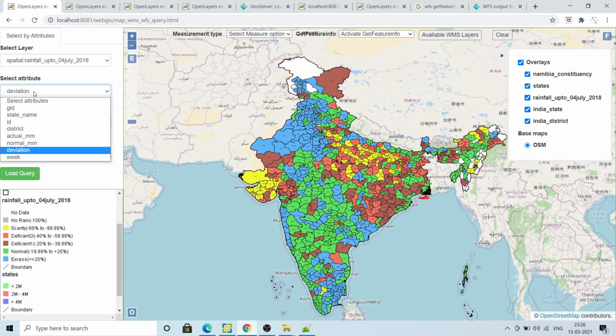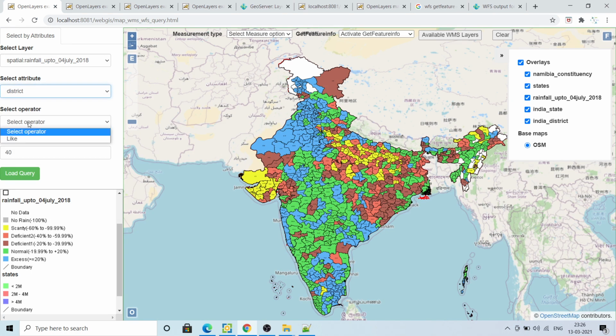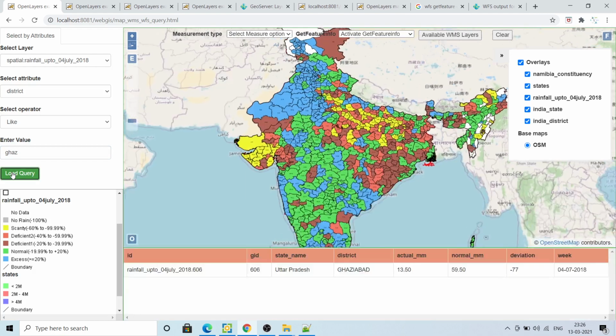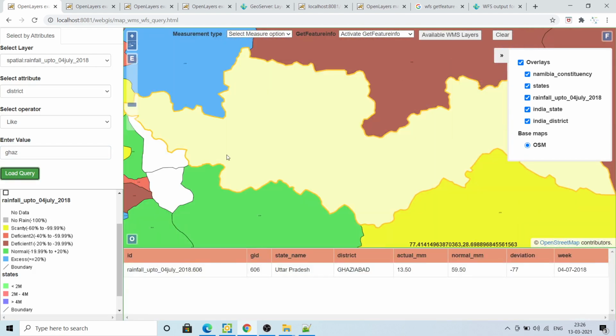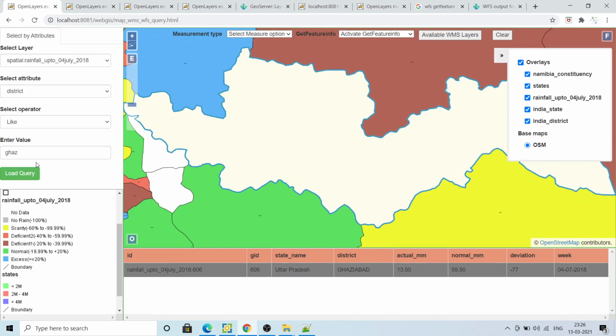And suppose you want to select by name, I'll go by district. Suppose I want to select Ghaziabad, I'll just type GHZ, and it will zoom. Okay, this is Ghaziabad.